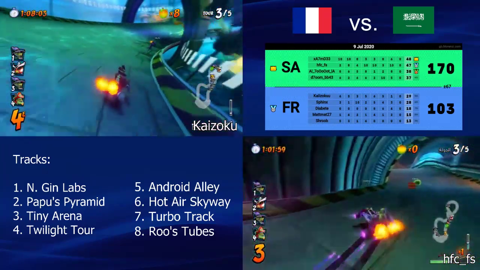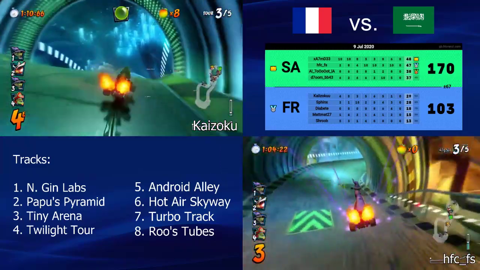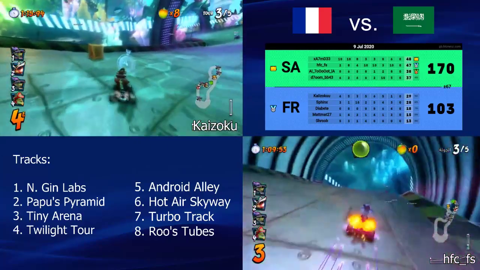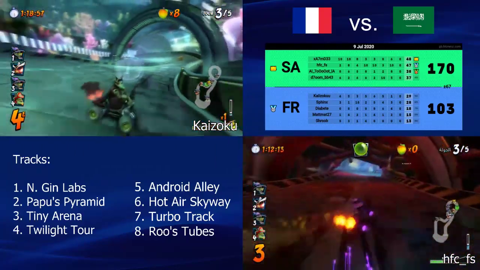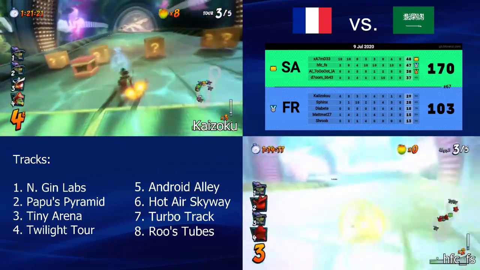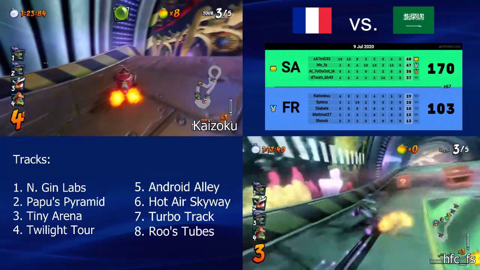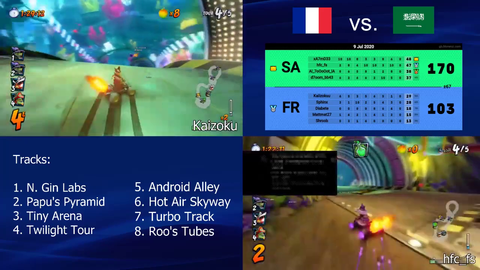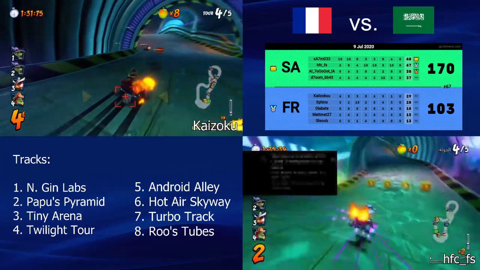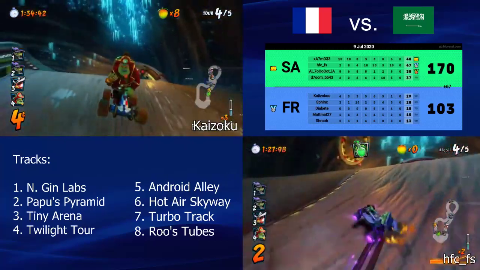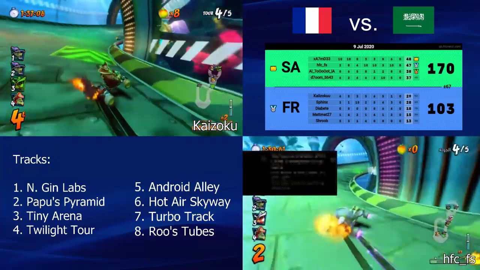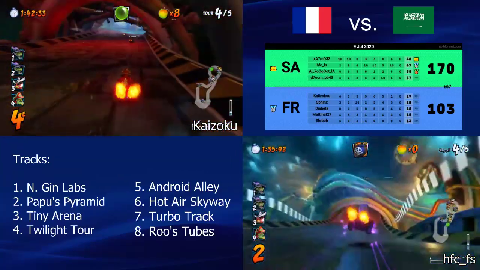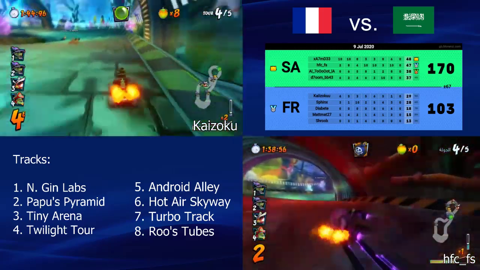I tried to Pika snipe him, but yeah, Pika sniping people is pretty difficult. Okay, gets a shield. Wow, okay, that's unfortunate. Losing the shield and then getting clocked immediately after. Yeah, it's so unfortunate. And then he gets another shield, wow. Oh, the joke's on him now. I'm sorry, Kaizuku, but yeah, the item luck is... I mean, the joke's on you, buddy. I'm sorry, the item RNG is definitely not on Team France's side here, because we've seen Ahmed approach with a mask in 5th place. Another shield, okay.